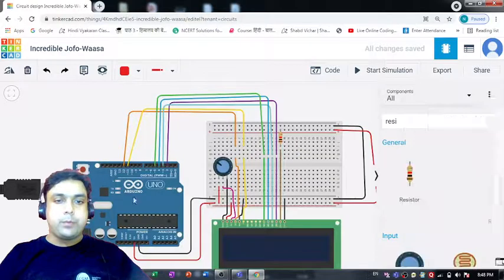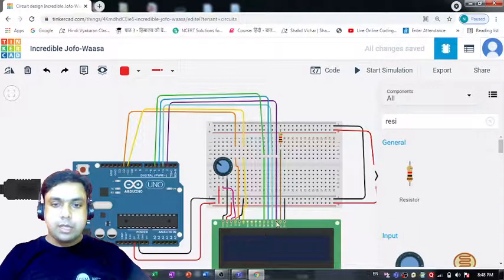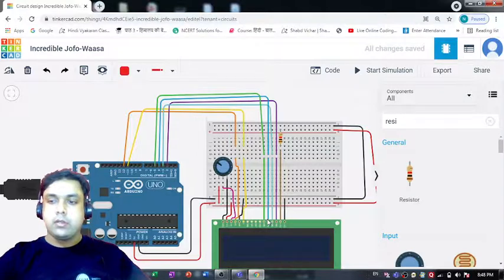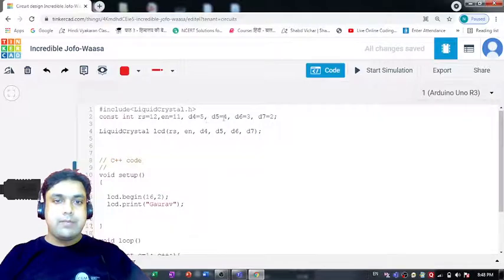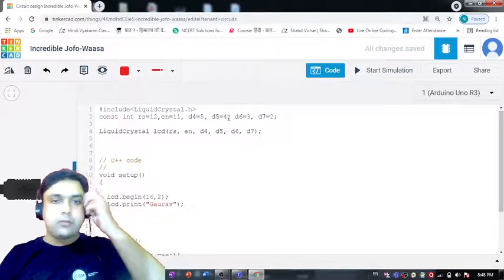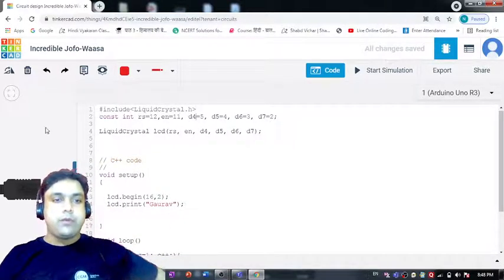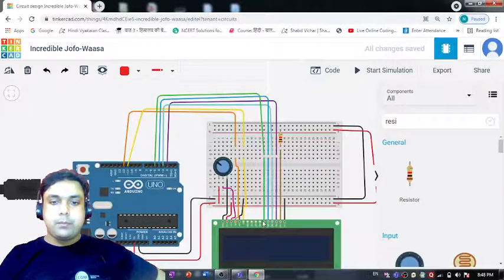There are two more pins. We have used DB5 and DB4. So DB5 we connected with pin number 4, that is perfectly fine, and D4, what is this?